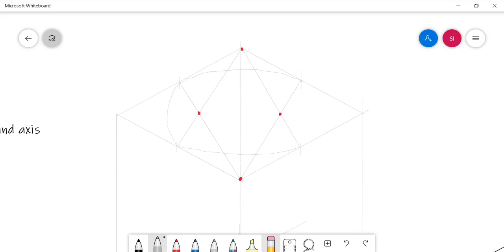Then use the fourth center as the origin of your compass and draw the arc.